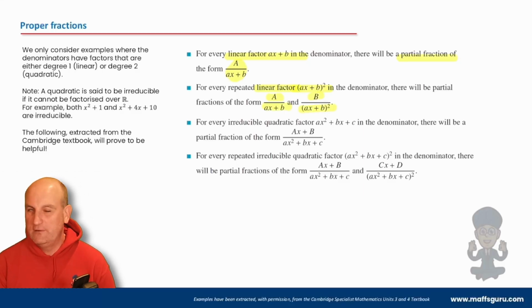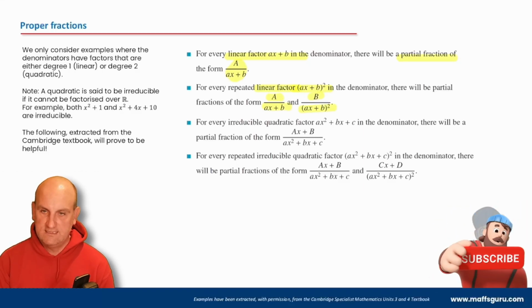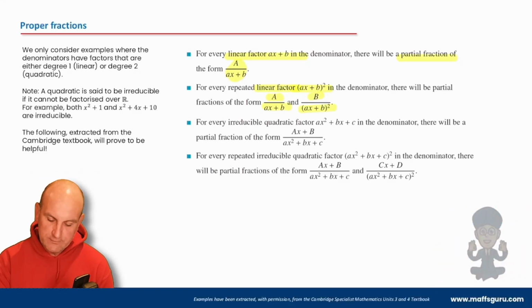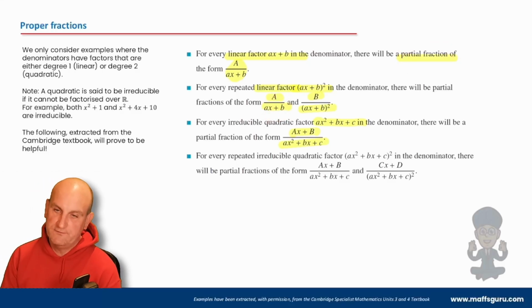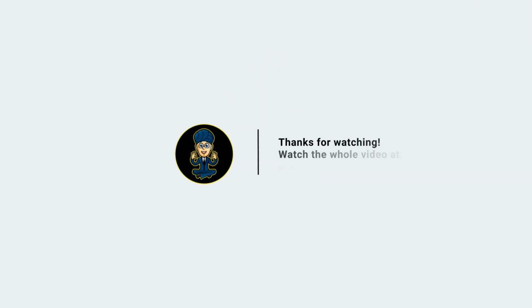Again, this isn't going to mean too much for you if you haven't met partial fractions before, but it will later. For every irreducible quadratic factor of ax squared plus bx plus c in the denominator, there'll be a partial fraction of that form. Irreducible basically means I can't separate this into 2 linear factors. So if it's irreducible, I won't be able to factorize it into 2 linear factors. And for every repeated irreducible quadratic factor of this